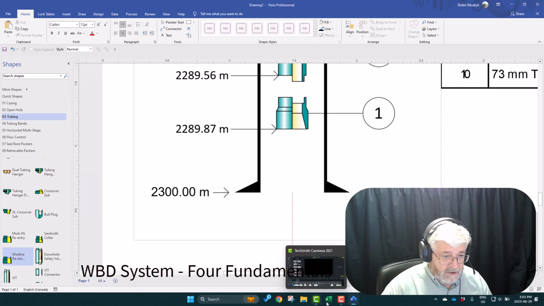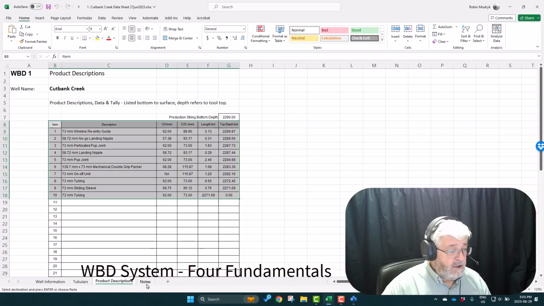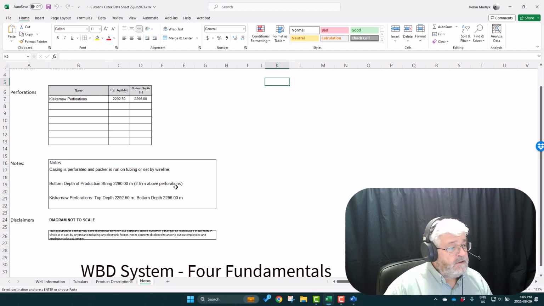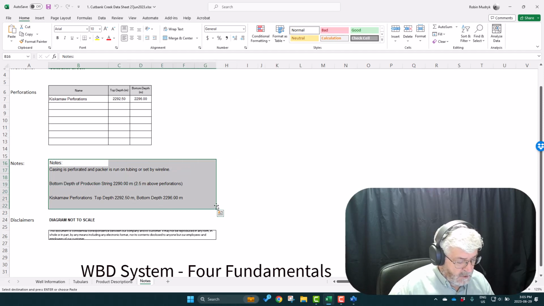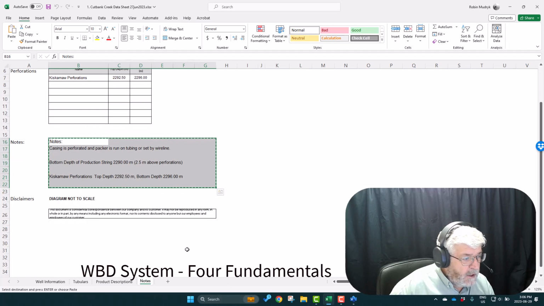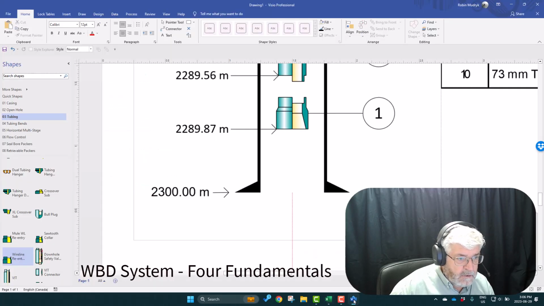So if I go back to my table and look at the notes, I'll see that the bottom depth of the production string is 2290, and it's 2.5 meters above the perforations. So, and here's the perforations. So if I take these notes, copy this, and go back to my